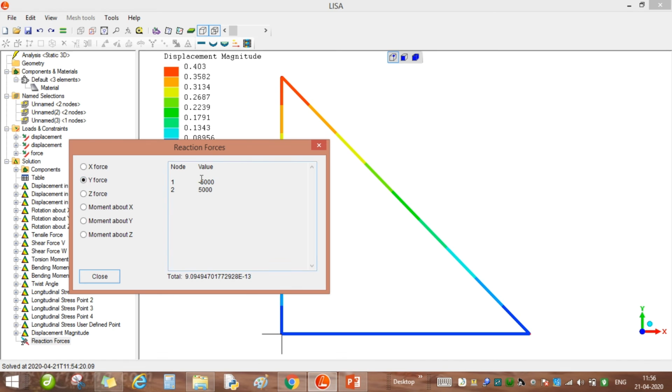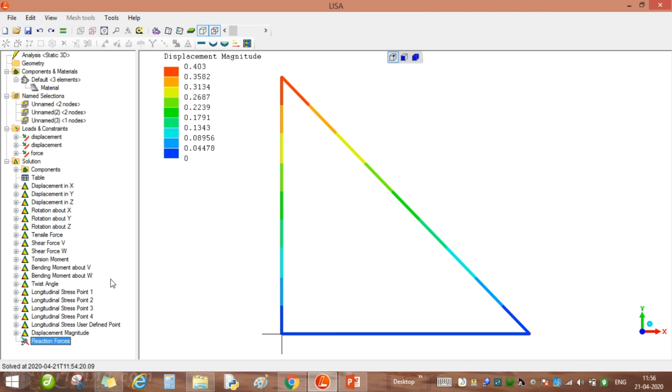Similarly, in y, we get 5000, 5000, and finally we are going to get 0 total. All others should be 0, there should not be any value because it is a two-dimensional problem. And the fixed support is not there, pin support, you won't get moment reaction.